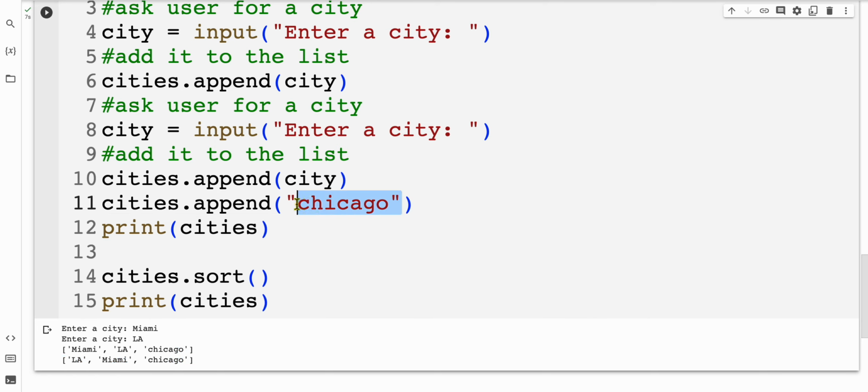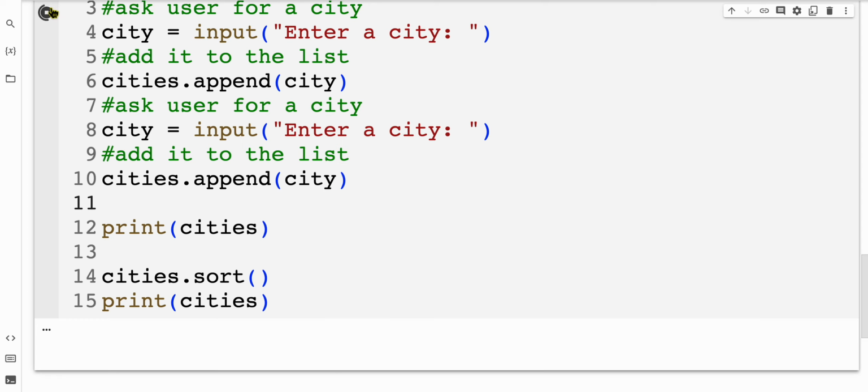So, for example, if you're wondering how or why something works, we can take this, cut this out. So we'll say, take that out. We'll run this again, and we'll put Miami, and then we'll put LA. And there you see it did sort that list. So when we didn't append Chicago by itself, it seemed to work. If you do this